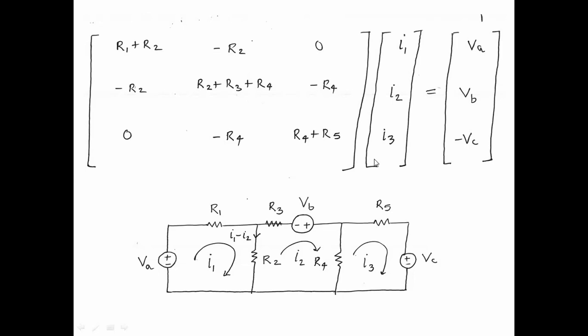The unknowns are I1, I2, I3. The right hand side are the voltage sources that appear in each mesh. So mesh 1 has VA, mesh 2 has VB, mesh 3 has VC, with appropriate signs. As I said for nodal analysis, once we obtain this matrix, you know how to solve it. So I'm not going to spend time solving it. You should be able to solve such matrices. In fact, your calculator perhaps can also solve it, so you don't even have to worry about solving it yourself. That is fine.